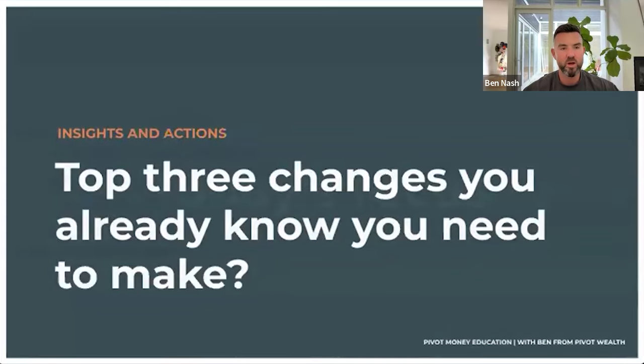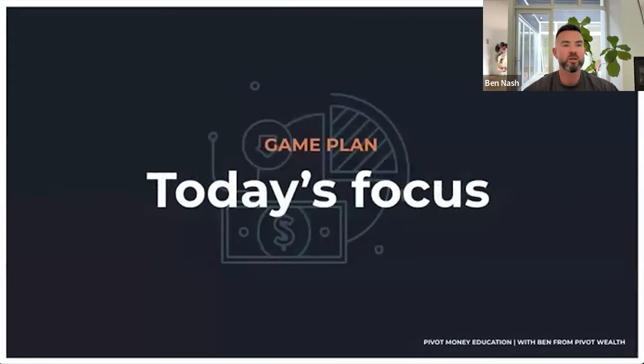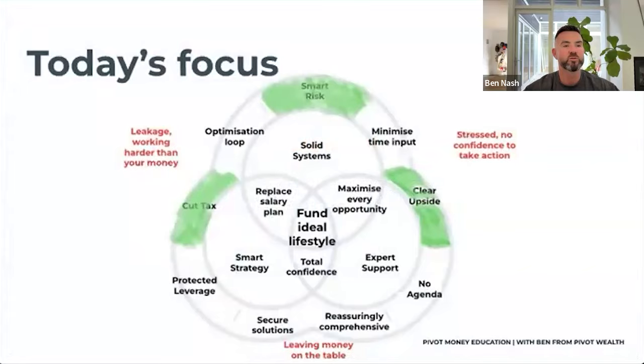Cool, guys. So look, as we go through today, we're going to focus on basically three areas that we're going to cover off. We're going to talk about cutting your tax and specifically trust and trust strategies around that, smart risk and how you can use trust and trust borrowing to get ahead faster. And then we're going to talk a bit about upside and how you can figure out whether a trust is right for you.